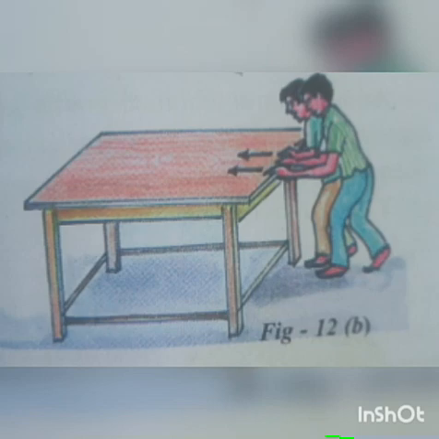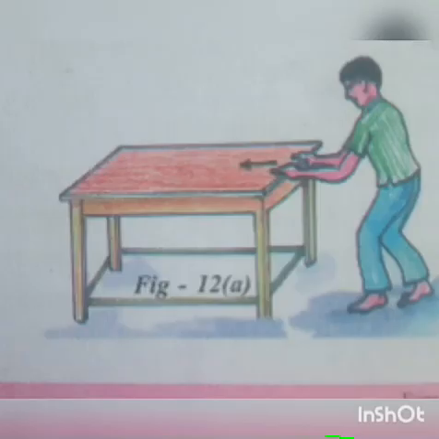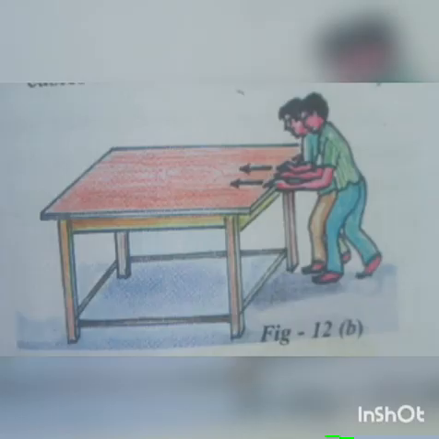Let me explain clearly. Let us assume that in the first case you applied only 10 Newton force on the table. It is not enough to move the table in the direction of the force you applied. Now in the second case, you and your friend push the table in the same direction. That means you apply 10 Newton force and your friend also applies 10 Newton force. That means the force acting on the table is 20 Newtons, because these two forces act on the table in the same straight line and in the same direction.